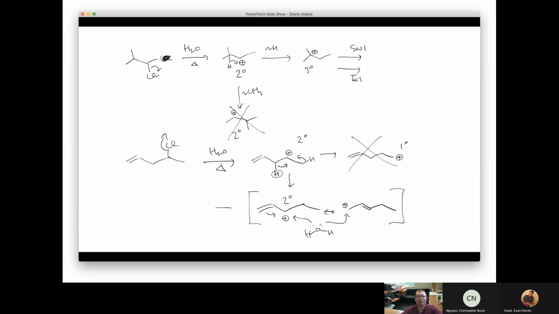So it can happen either way, and then it'll produce different products. That's the rearranged SN1 product. If the water captures the other one here, then that'll make a different structure. It is also an SN1, but